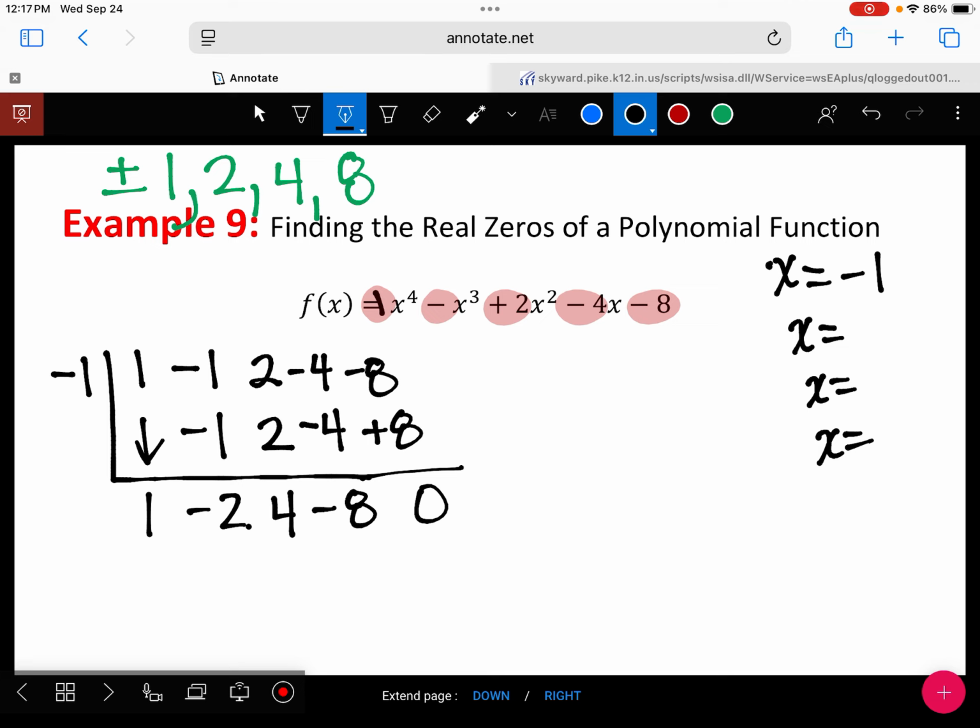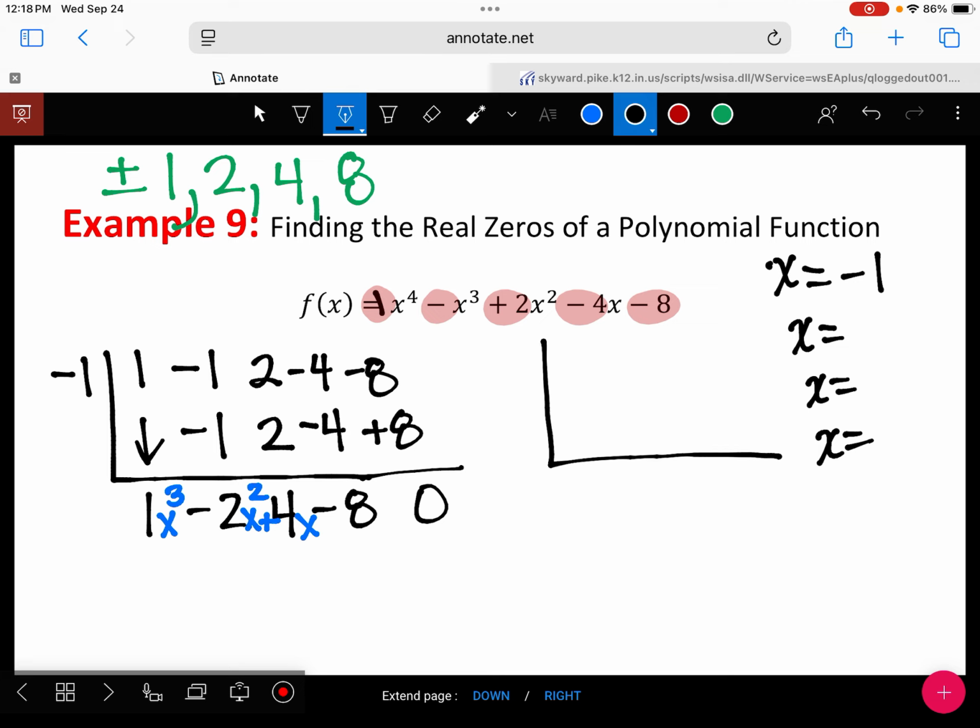Now we need to find 2 before we can factor it, because what this represents is 1x cubed minus 2x squared plus 4x minus 8. That would be a cubic. I need it to be a quadratic, so I got to keep going. Now when I do my next set of